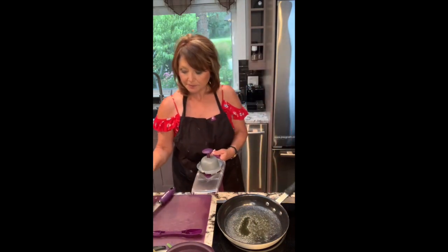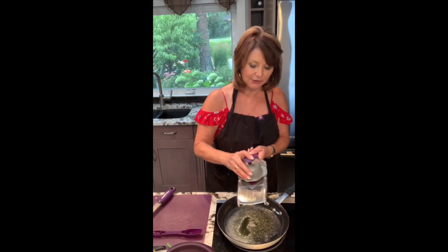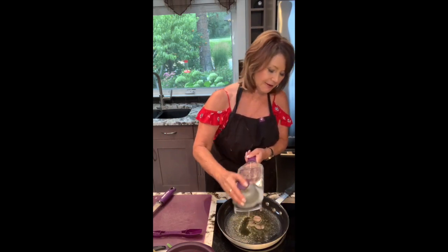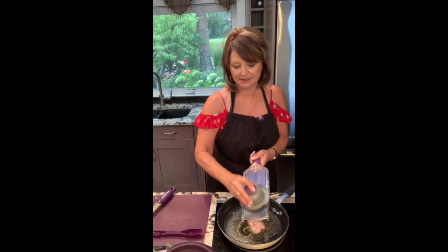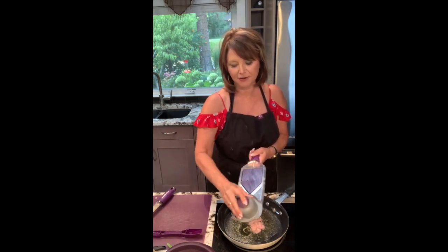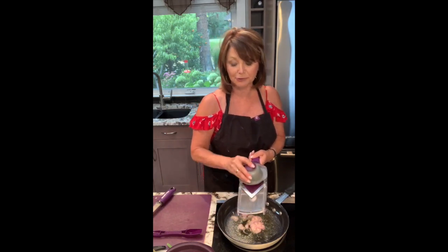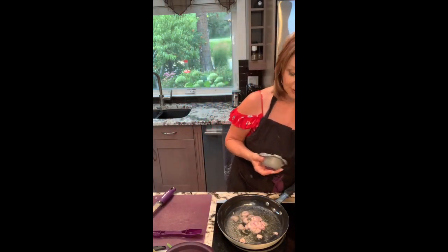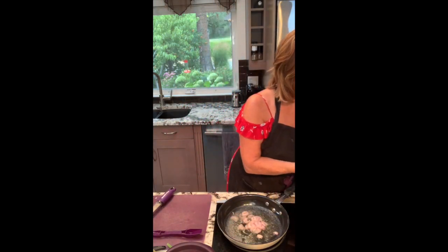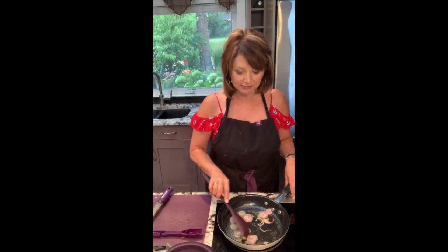and literally just slice them right into your fry pan and get those frying up before you put your onions in. These will actually take longer than your onions, before you put your shrimp in. These will actually fry up super, super fast as well. So there you go. So using my saute spoon, I'm just going to stir these around, get them sort of